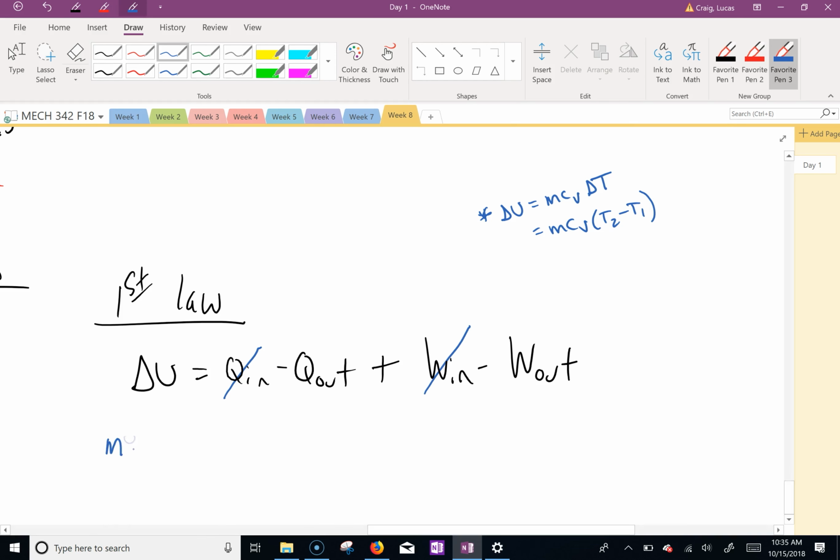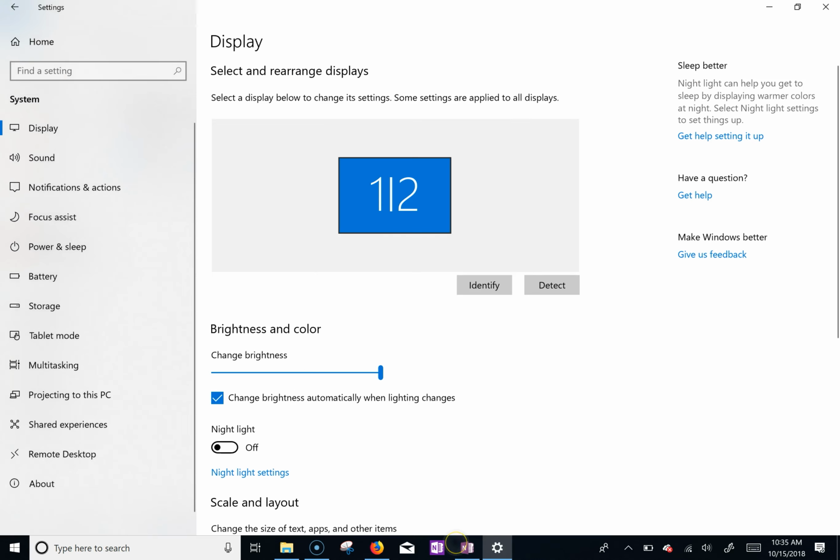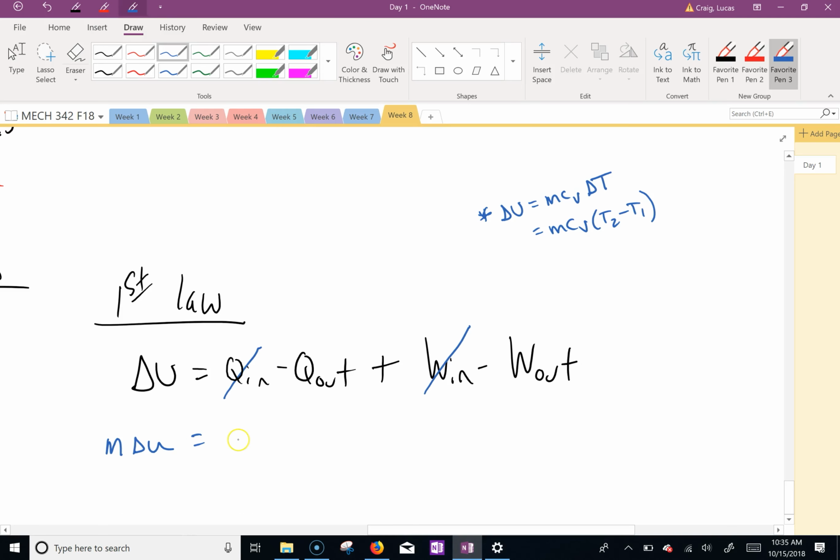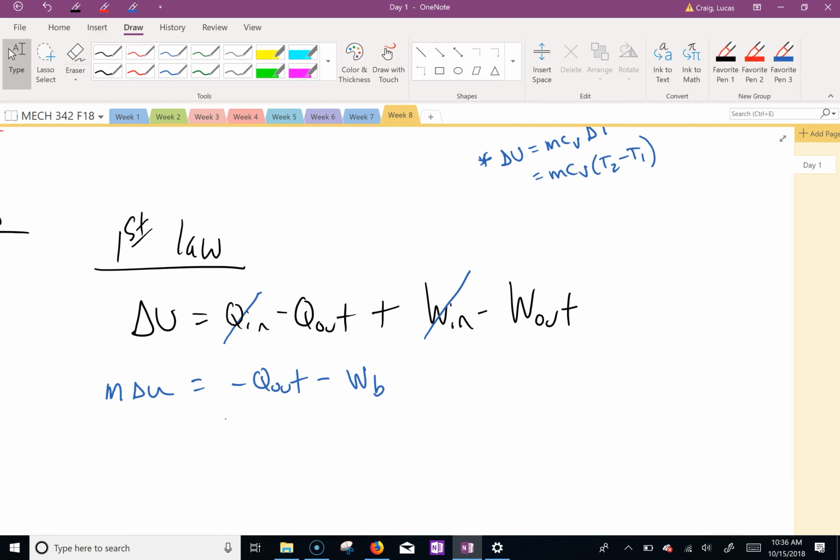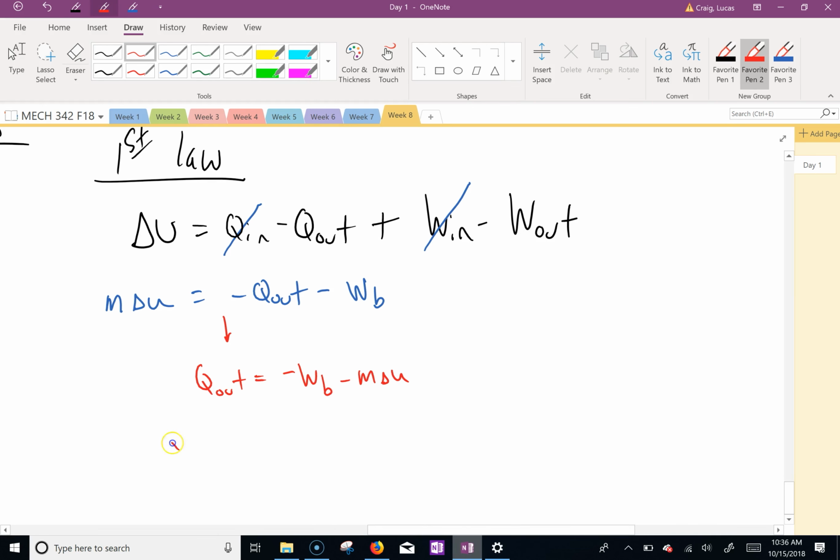We could just do this, because we already know what delta U is. Oops, my bad. Equals minus Q out, and we have minus the boundary work. So let's rearrange and solve for Q. What is it going to equal here? Bring that over: minus W_B minus m delta U. Now,